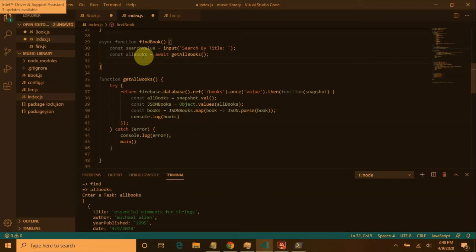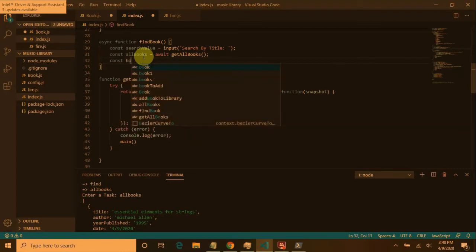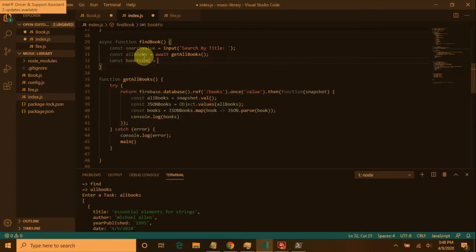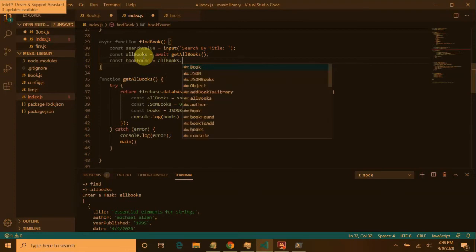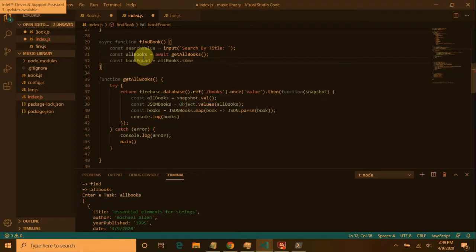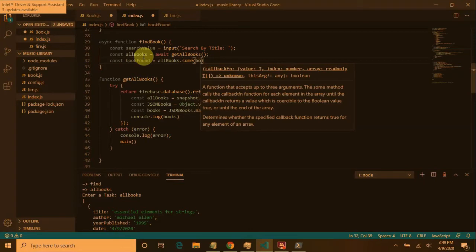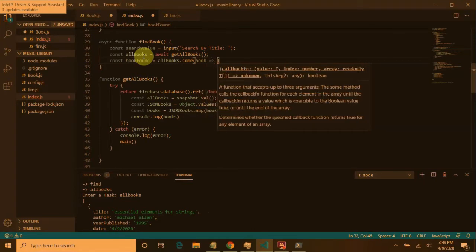So it's for each book, right? Because there's each book, and it's going to return a Boolean value. So const bookFound equals allBooks.map. We're going to map through each book, I think. No, .some. .some is, hey, if anything matches, it's true, right? So allBooks.some, take each book, and if